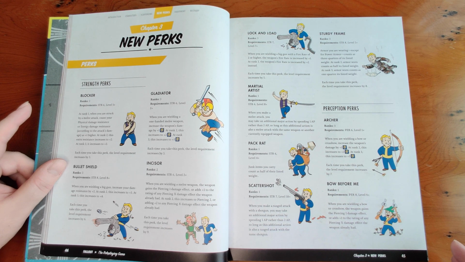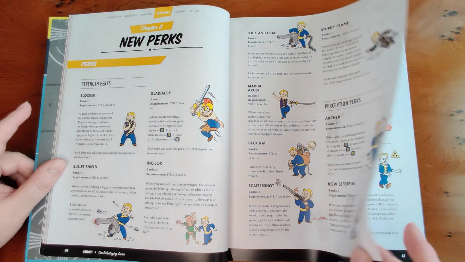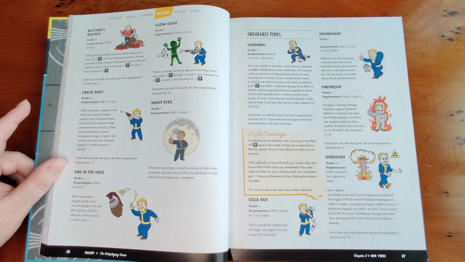You need Perception 8, level 4+. With a bow or crossbow, you gain the piercing 1 damage effect, or add +1 to the rating of any piercing X damage effect the weapon already had. Useful. Crack shot. If you make a ranged attack with a one-handed range weapon, and you aimed before that, the